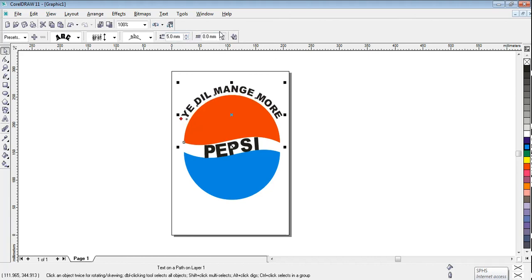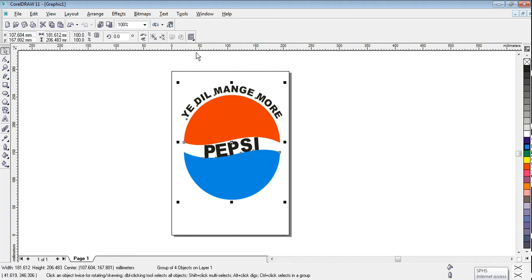The next property is for changing the horizontal offset. Changing the horizontal offset means it started from here, no? So now you can see you can change the horizontal offset this way. I don't want to change it, I'm just keeping it at 0. Fine, done. Once my logo is ready, select all, and then press Control G, you all know well. Control G is the group command, and once it is ready, just export to a JPEG file so that you can utilize this anytime for other references.